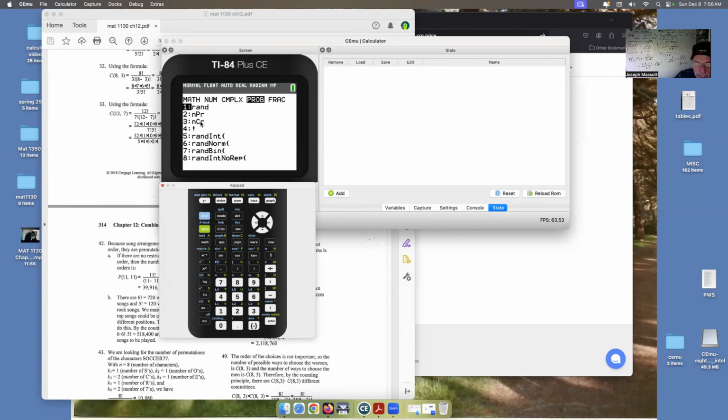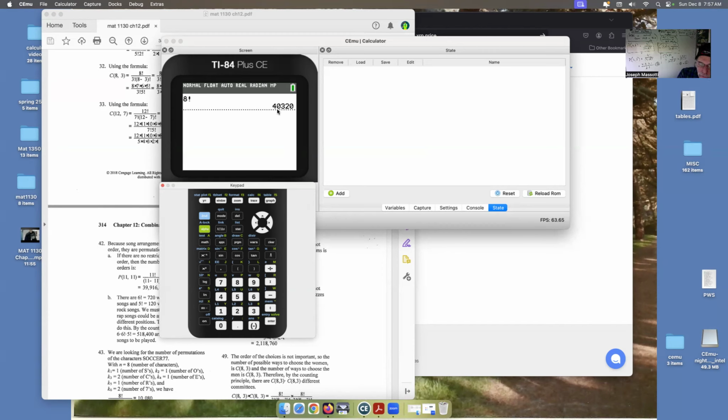But some books use k, some books use r, and there's the factorial button here for 4. So if we wanted to just say, what is 8 factorial, we just say 8. We go to the math menu. We go over to probability. We go down to the exclamation point. We hit enter. We hit enter one more time. And we see 8 times 7 times 6 all the way down to 1 is this large number of